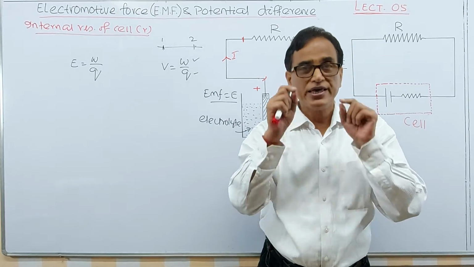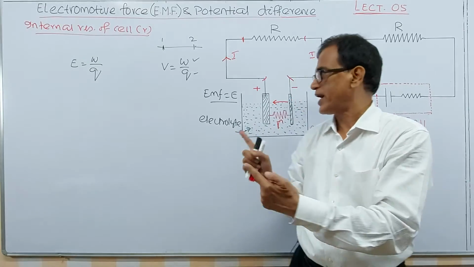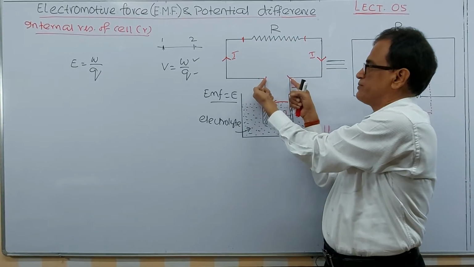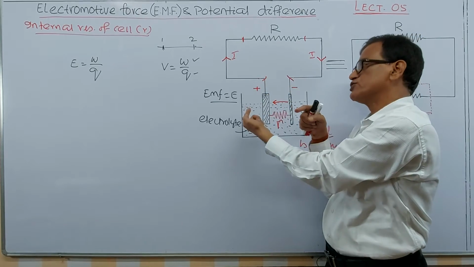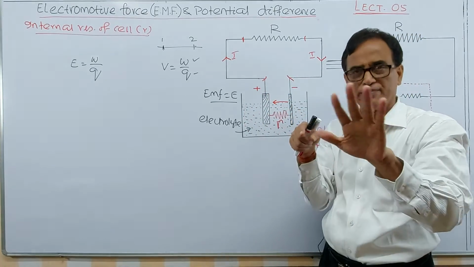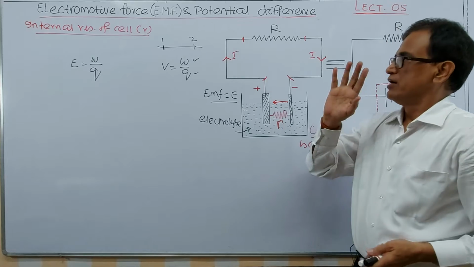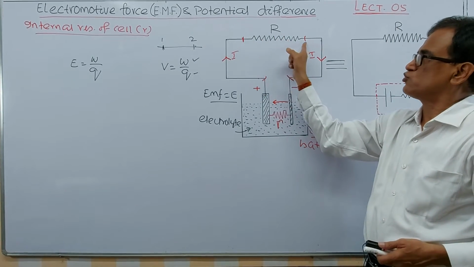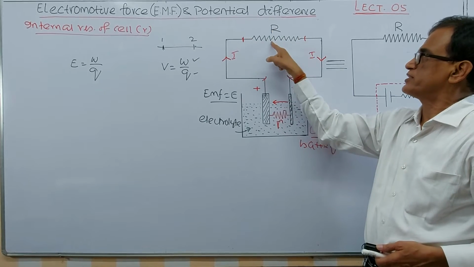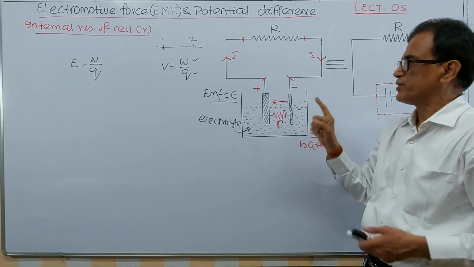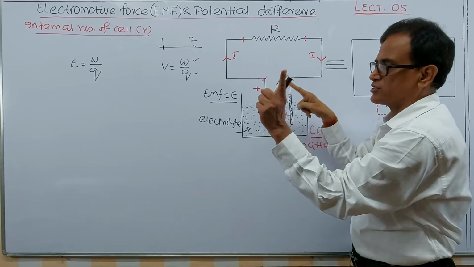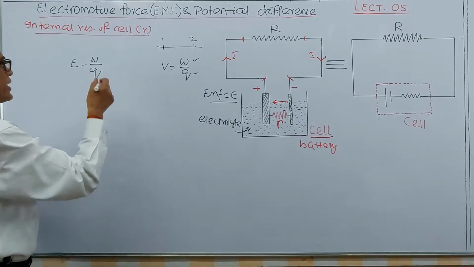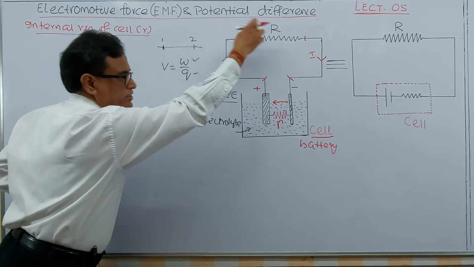Again you see, EMF is an agent which is applied across the circuit. Terminal potential difference, you can say the EMF. I will derive an expression for this. Now the potential difference can exist between any 2 points of the circuit, this point and this point, this point and this point, but EMF exists across the terminals only. That's why EMF is the work done to carry the charge throughout the circuit.